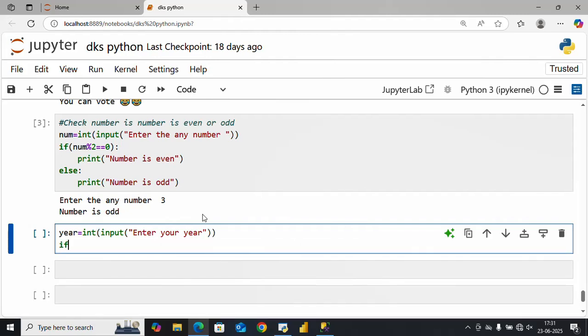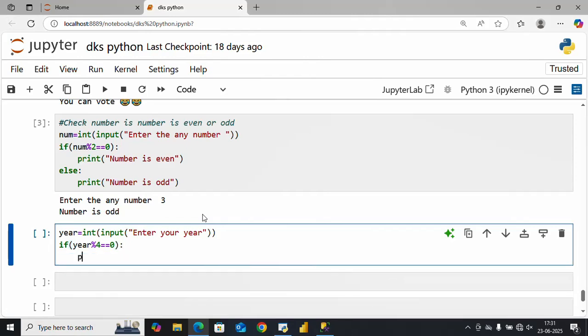Then I say, if the year modulus 4 equals to 0, then I print here